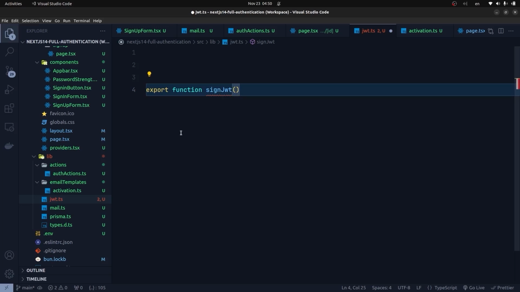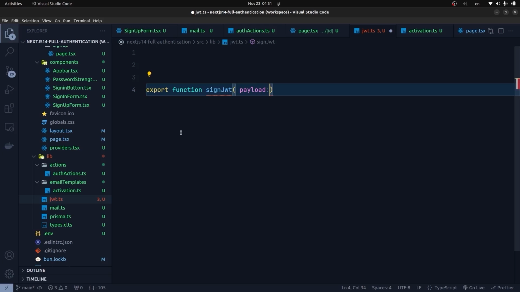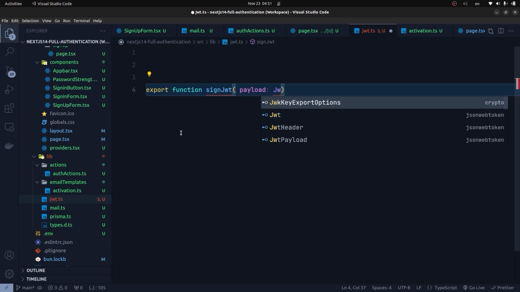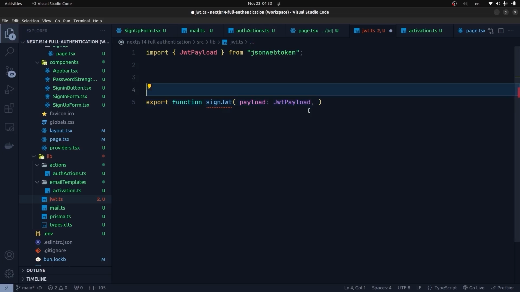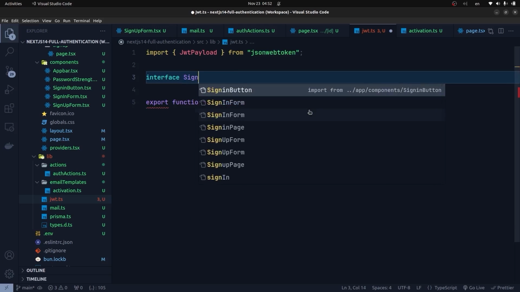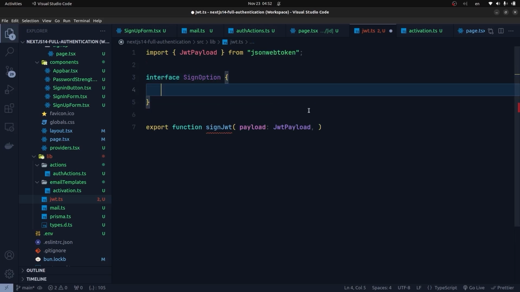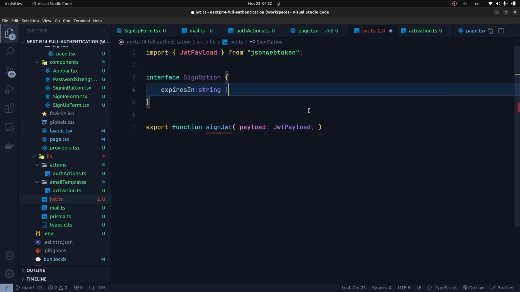Okay, and here we're going to need two parameters. The first one is going to be payload, which its type is going to be JwtPayload. That comes from the JSON Web Token, and we're going to have a sign option which determines the expiry time of the JWT. So first we need to create an interface for the option. So here I'm going to say SignOption. Okay, and let's have an expiresIn, which is going to be a string or a number, and then let's